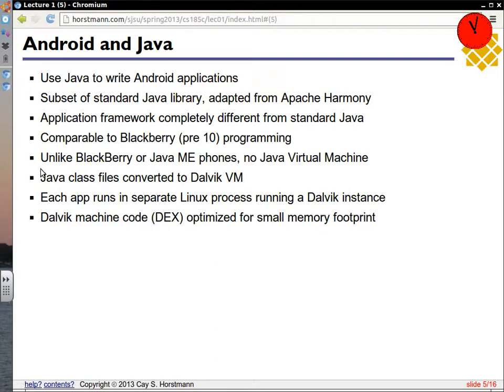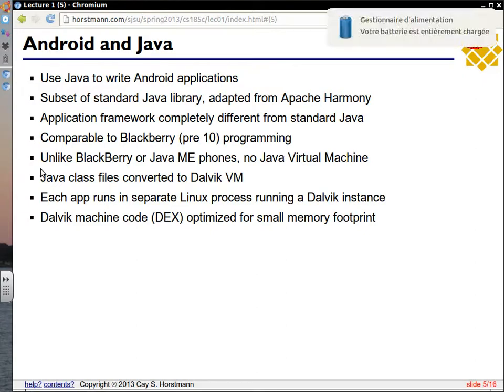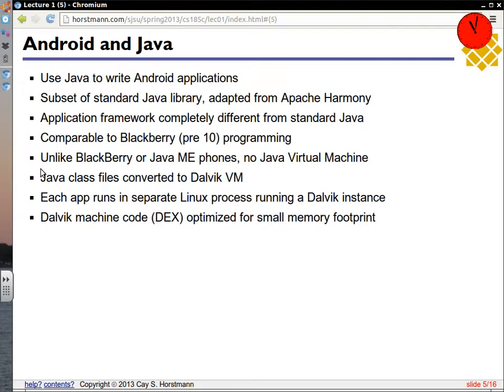The Java ME, the micro edition virtual machine, was generally not very performant, and so it was an easy sell for the Android people to say, we don't really need that virtual machine. We can do much better than that. And the first thing they did is they said, the class files are too big. And so they shrank the class files and made a different virtual machine that was specifically adapted to what a phone might need. That's this Dalvik VM.